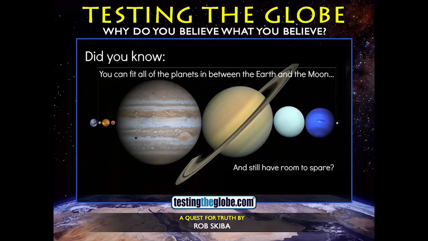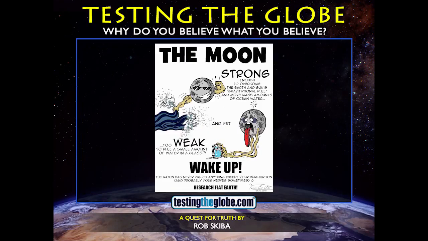How come the Earth, that's supposed to be so much bigger and have so much more mass and gravity, how come the Earth's not pulling the moon into it? But no, we're told the moon, with 1/6 the gravity, 1/4 the size of the Earth, is tugging on the oceans? What does water weigh? 1 gallon of water weighs about 8 pounds. 1 gallon. How many gallons of water do you think are in the oceans? That's really heavy.